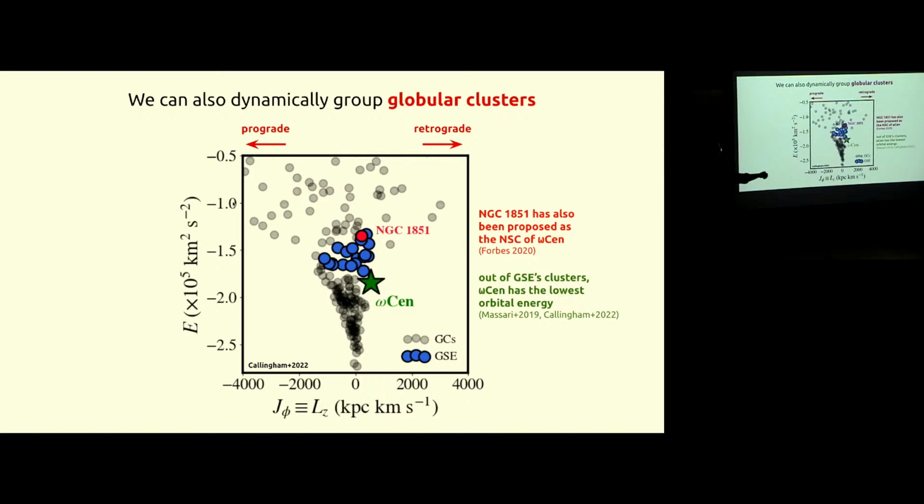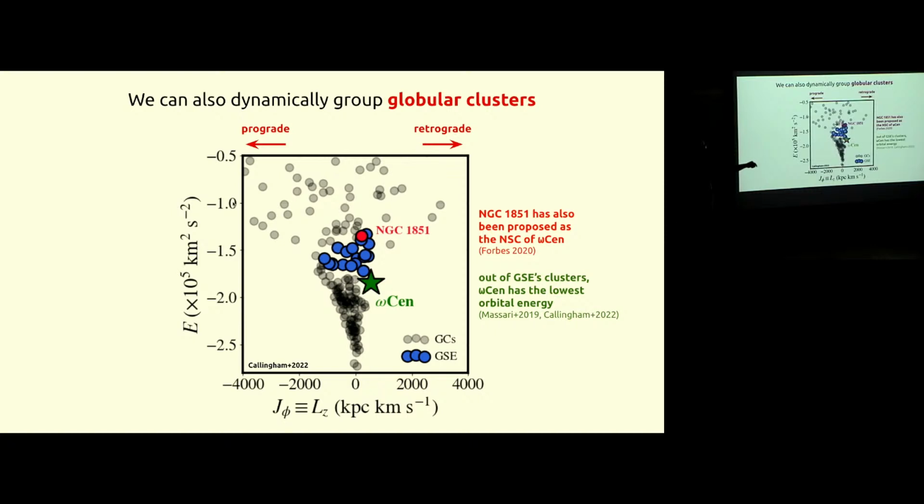And in blue, I am plotting all of the globular clusters that are dynamically associated with this last major merger. And what we can see is that this one event brought a bunch of globular clusters. If you are used to this, there is a relationship between the total mass of a galaxy and the number of globular clusters. So you can imagine that for this thing to have like 20, maybe 30 globular clusters, it has to be a pretty massive merger event. However, not only do we have regular globular clusters that are dynamically associated with this thing, we also have ω Centauri. And this is the main thing.